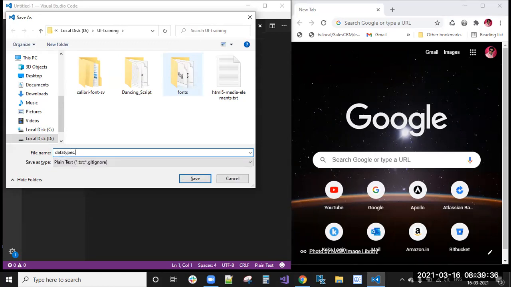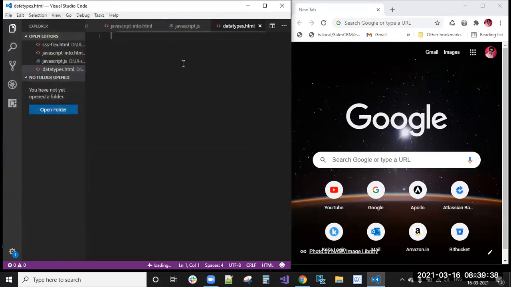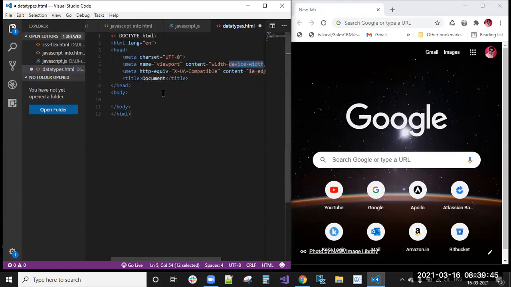Data types dot html. Okay. So I told you right, and not equal tab, done. Here data types. So body. We already know that.